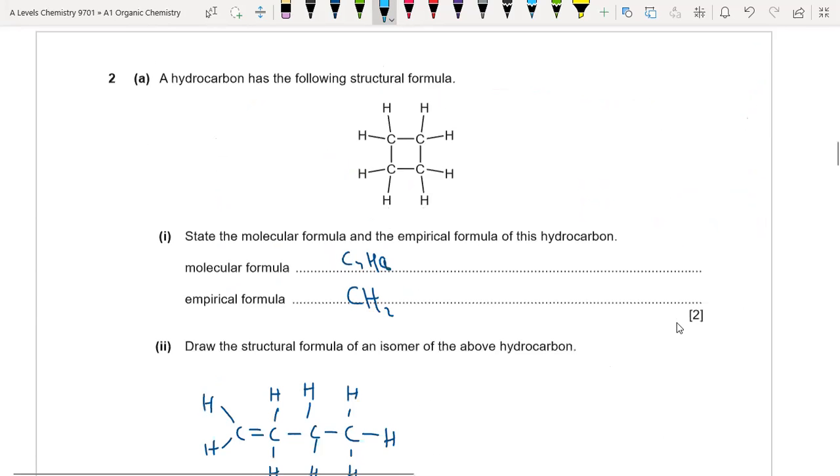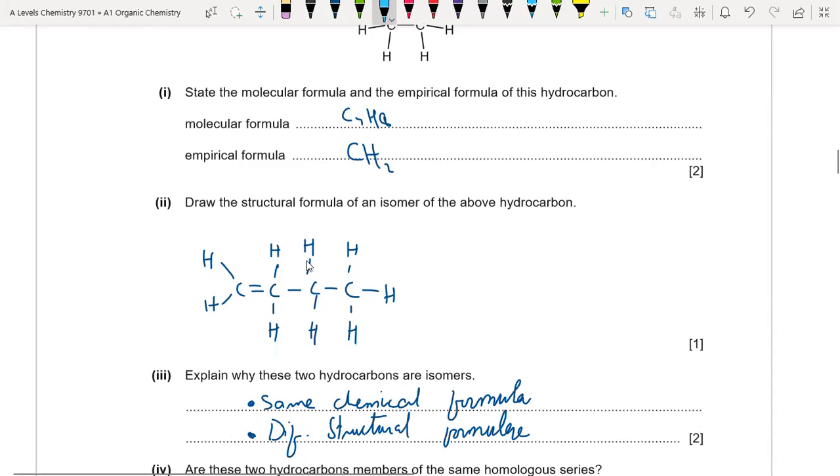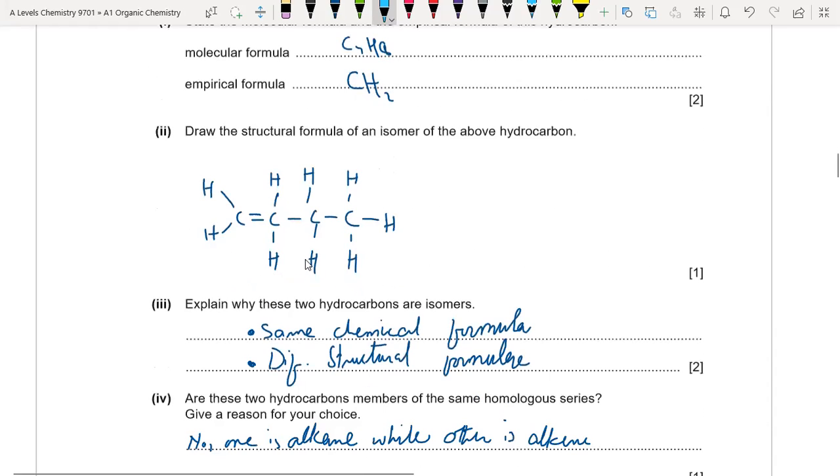So question number 2, there is a hydrocarbon given which is a cycloalkane containing 4 carbon. That's why its chemical formula would be C4H8 and its empirical formula would be CH2. Draw the structural formula of an isomer of the above hydrocarbon. Its structural formula can be